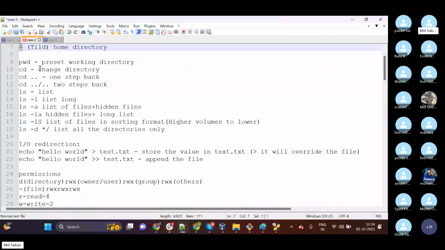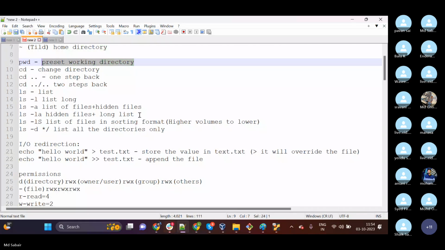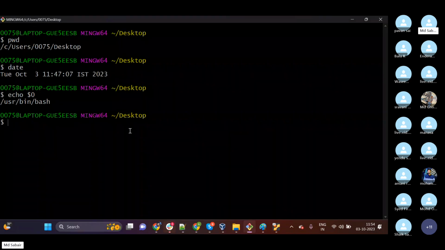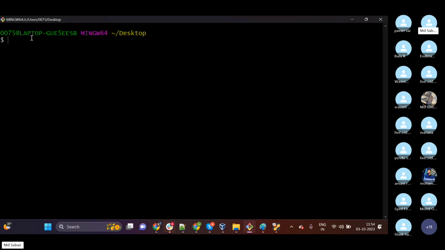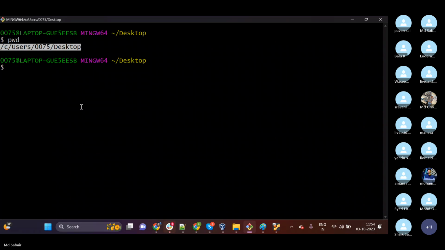Okay. And then we have one more command called pwd. pwd means present working directory. If you want to know the location of your directory where you currently are, because it is only a black and white screen and you are not aware of your location, you can execute the pwd command, and it will help you understand the complete location, which location you are currently in on that operating system, I mean on that machine.